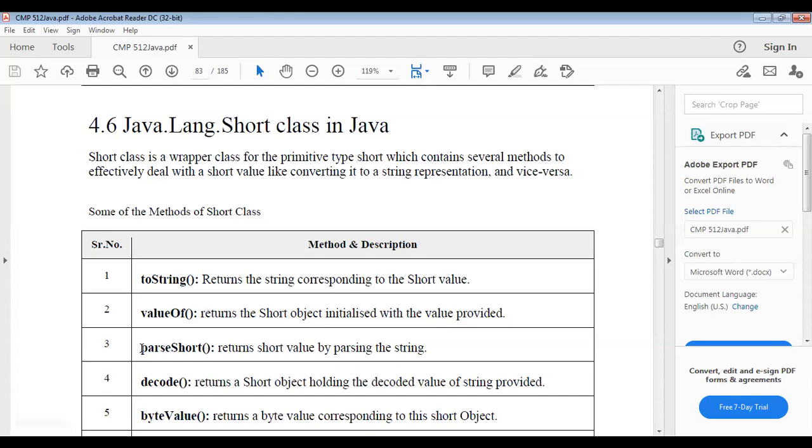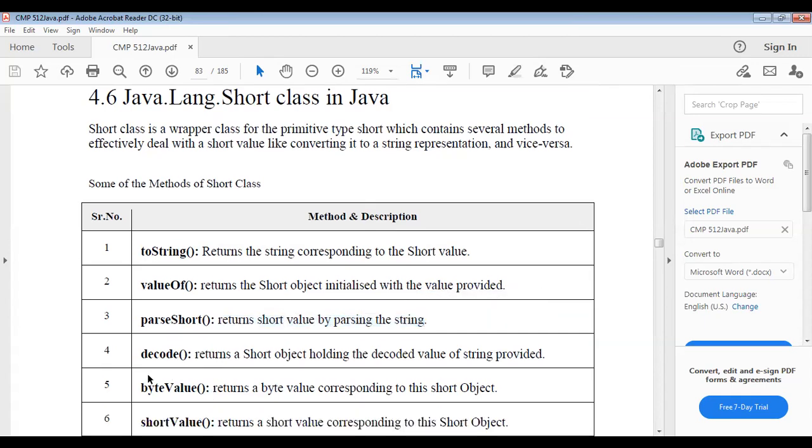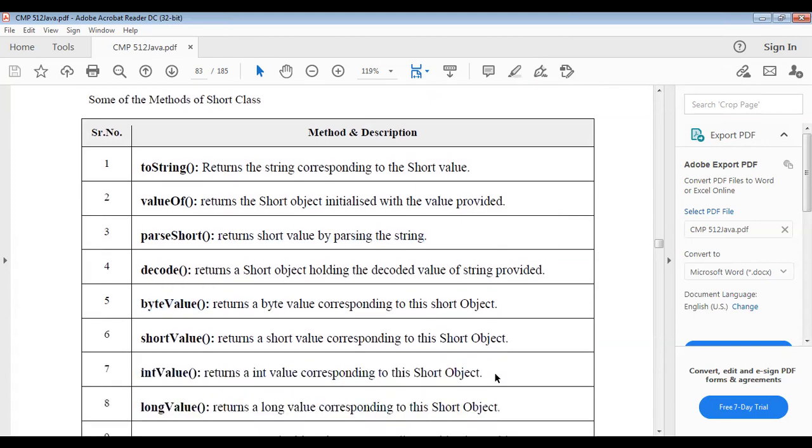Here we can see the method parseShort, which returns a value by passing the string. Decode means the Short object holds the decoded value of the string provided.